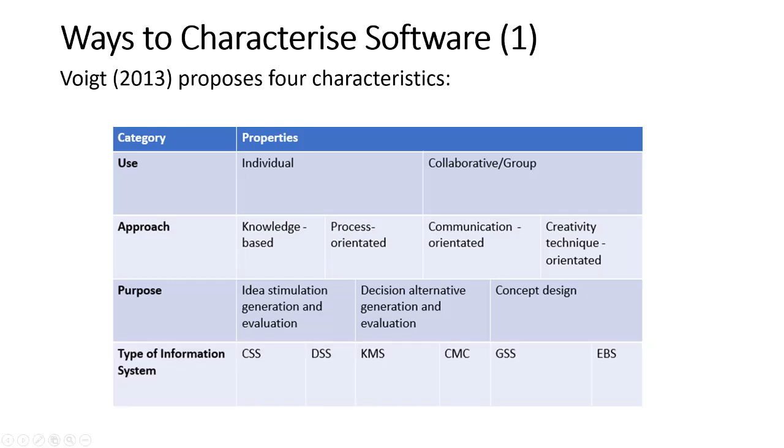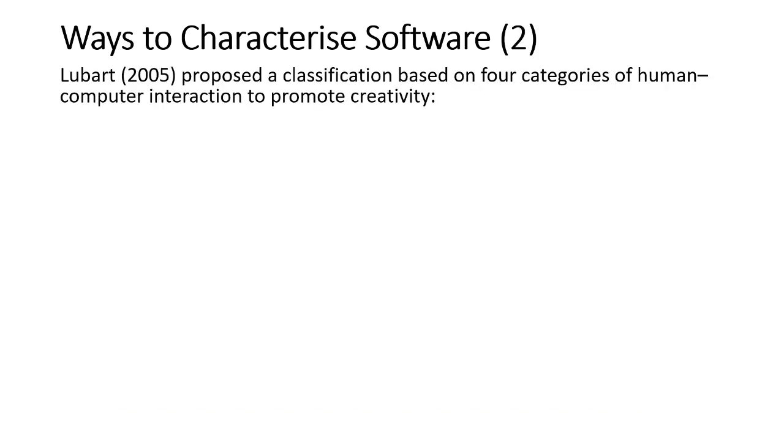Now, the last characteristic is actually the type of information system or the classification which has been given to that information system. So what you can see here are our 6 acronyms which stand for different classifications of software. You don't need to worry about that at this stage because these will be discussed later during the video. Let's now consider the second research paper which